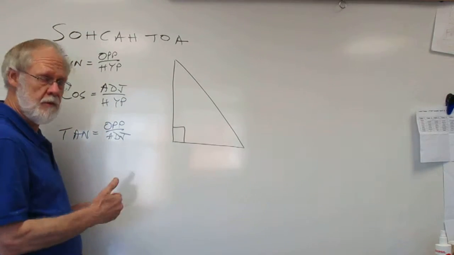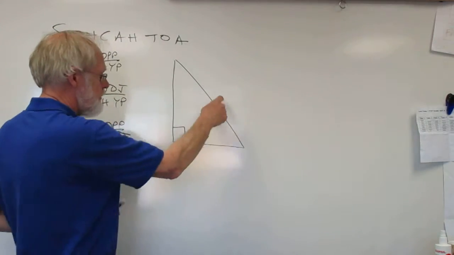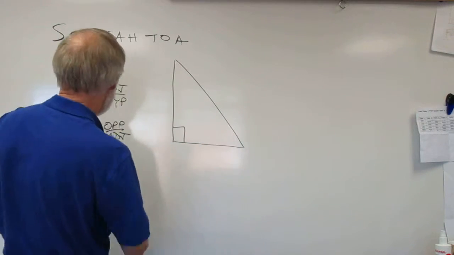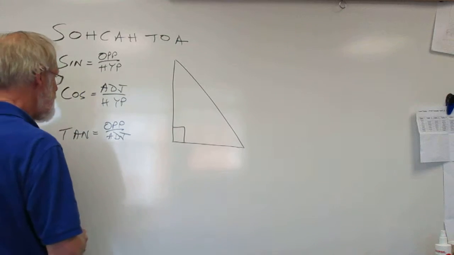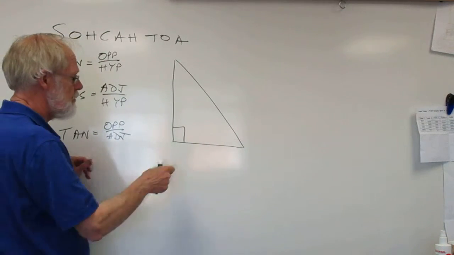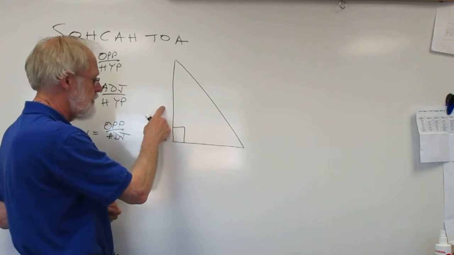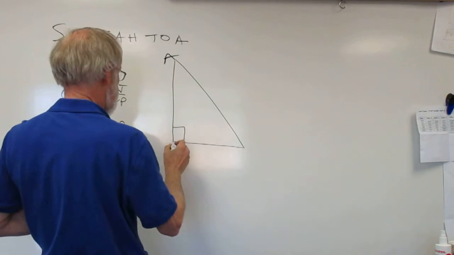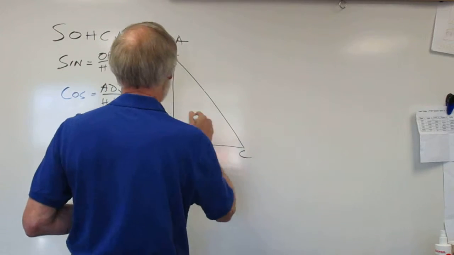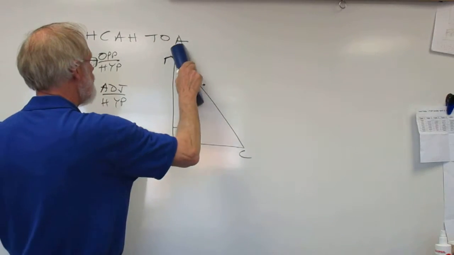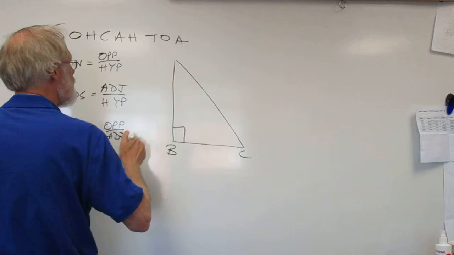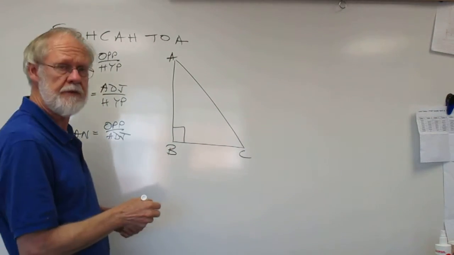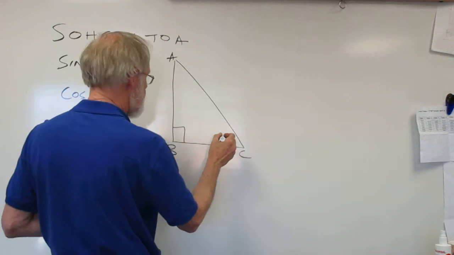There is a specific ratio that applies to the adjacent side over the hypotenuse for any given angle measure, and that's called the cosine. And the third one is the tangent, which is the ratio of the opposite side to the adjacent side. So let me label this triangle ABC, and we're going to put some numbers in here. And we're going to start with finding a side measure, a side length, if you have,